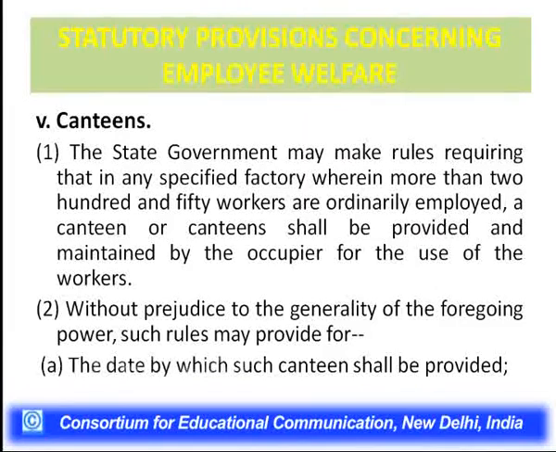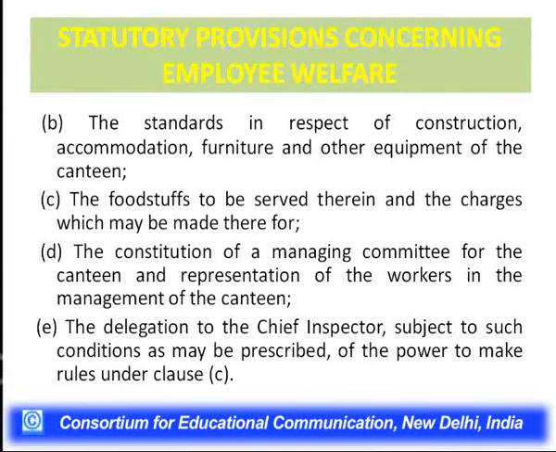The next is your canteen. The state government may make rules regarding that in any specified factory wherein more than 250 workers are ordinarily employed, a canteen or canteens shall be provided and maintained by the occupier for the use of the workers. Without prejudice to the generality of the foregoing power, such rules may provide for the date by which such canteen shall be provided, the standards in respect of the construction, accommodation, furniture and other equipment of the canteen,